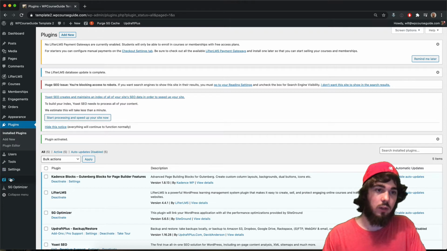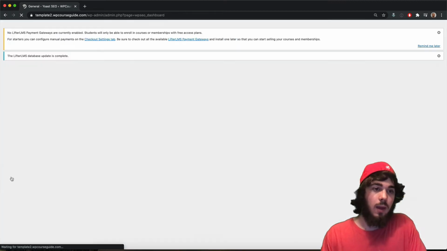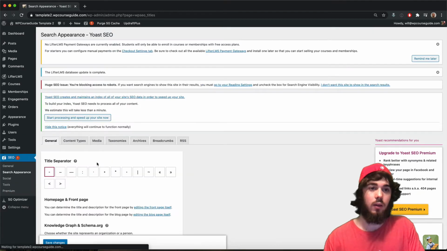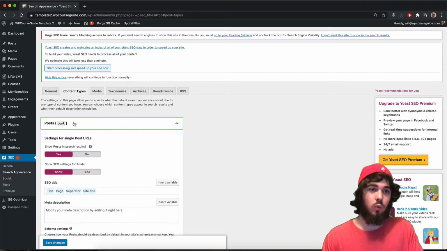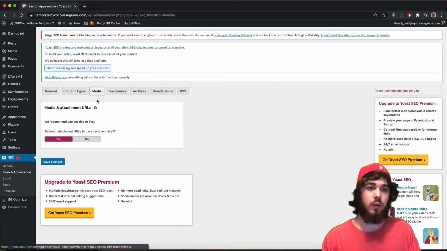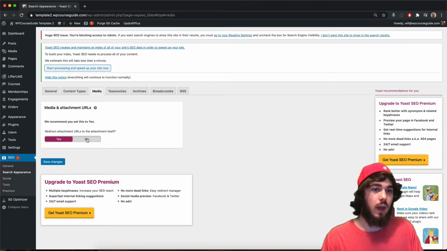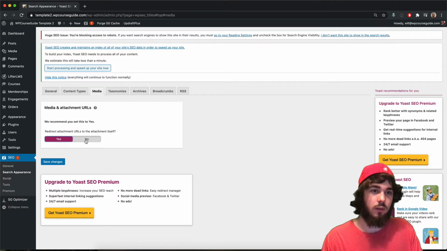But for this tutorial, we're really just looking at one key setting, and that is making sure PDFs are not displaying in search results. So I'm going to head to the Yoast settings down here at the bottom and then search appearance. We can see here under content types, you can see all your content to make sure, do you want posts to be shown in search results? Yes, we want our blog posts and pages to be shown. But up here at the top, we have media. And what we want to do is say redirect attachment URLs to the attachment itself. And so you don't want to do that for this setup. So we'll say no here, and that's going to allow us to show settings for the Yoast SEO settings on